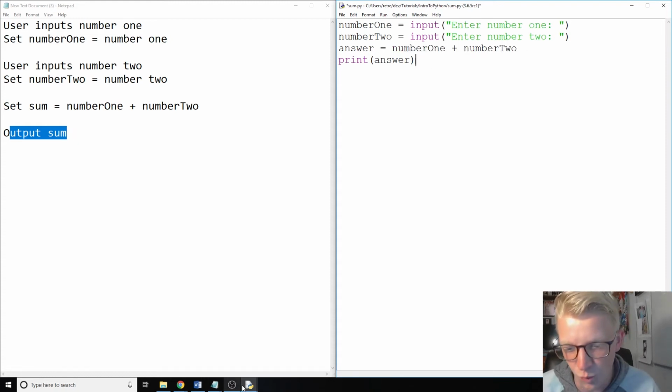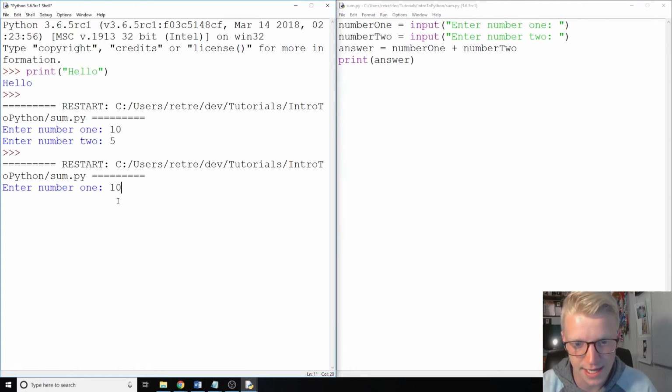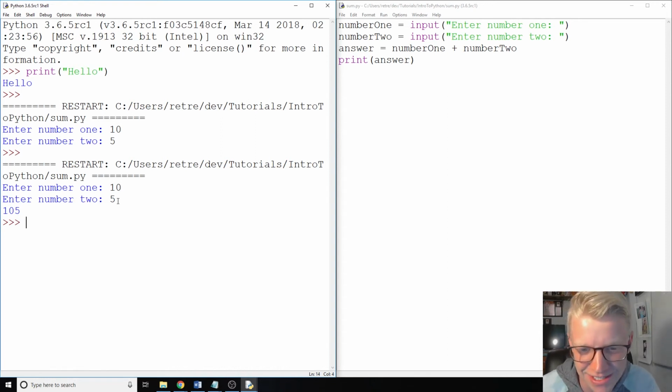So let's see if this works. Enter number 1, 10. Enter number 2, 5. Ooh, well, what the hell is that? That's not what we want. 105, that's not 10 plus 5, it should be 15. So